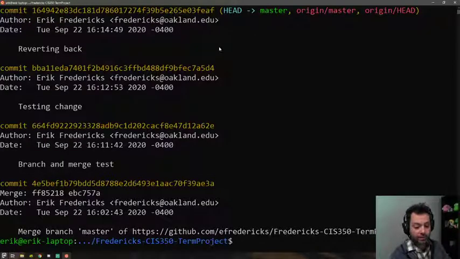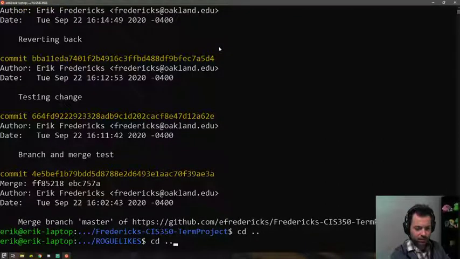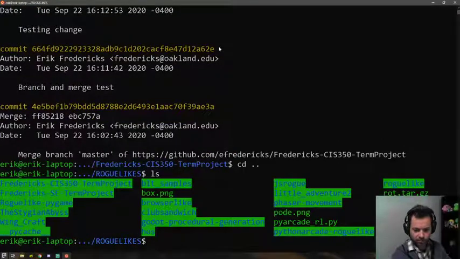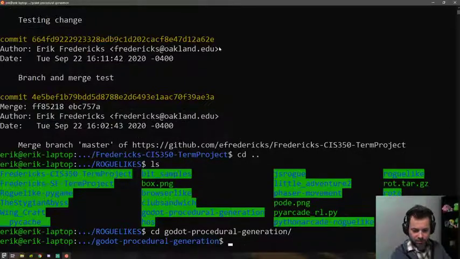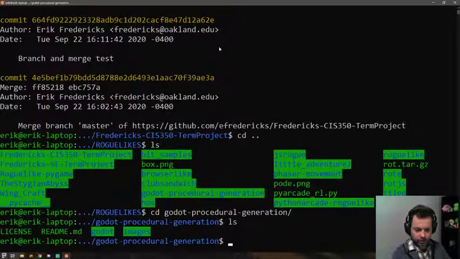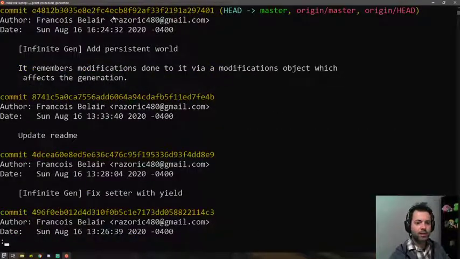Right. So I actually have an example that I can do as well. So I've been looking at some various roguelikes. I saw there's a Godot procedural generation GitHub repo for like base starter projects using Godot. I could do git log in here, and then here is all of the information for a different project. So the git log is only showing a log for local changes. So no, this is anything that the repo has.